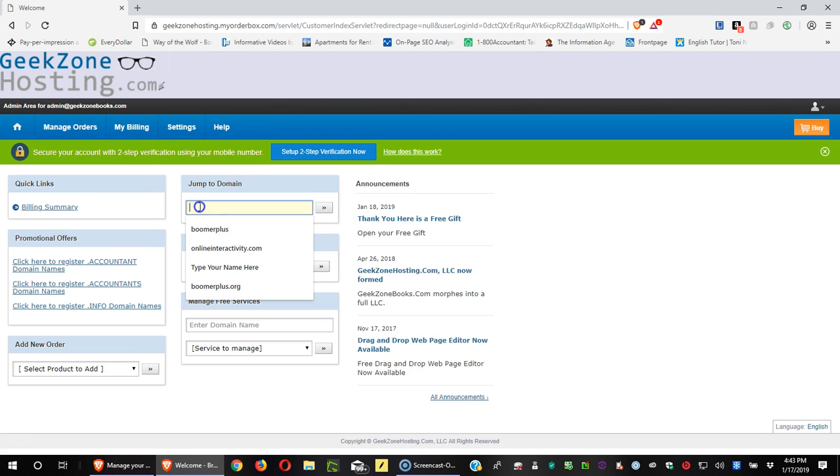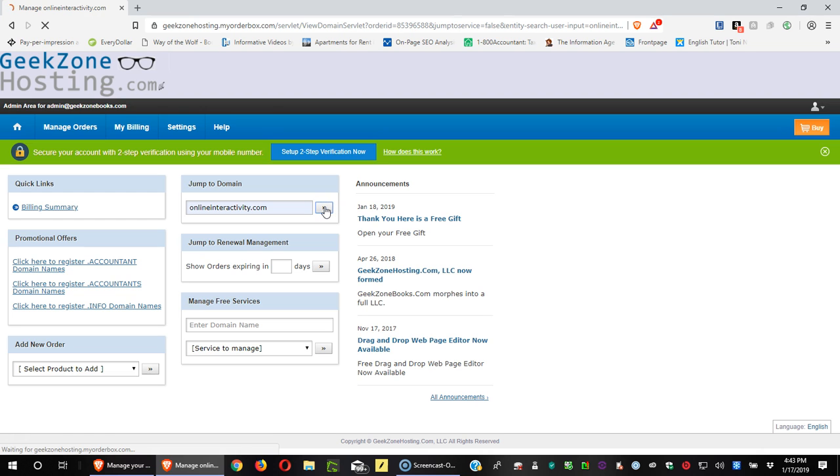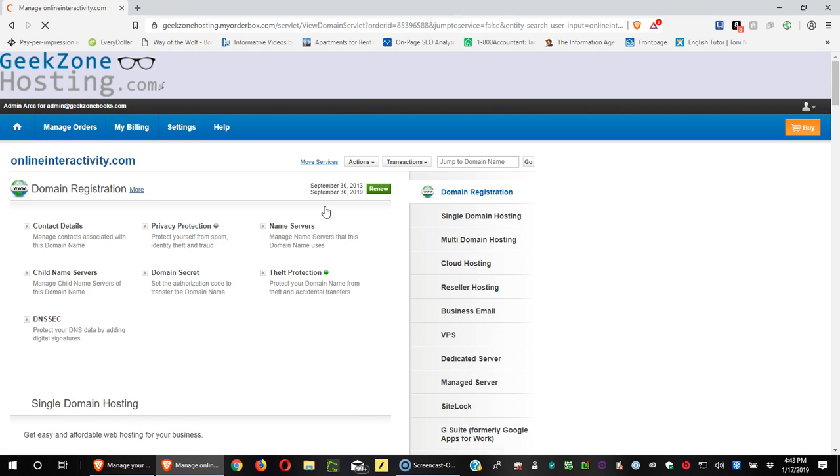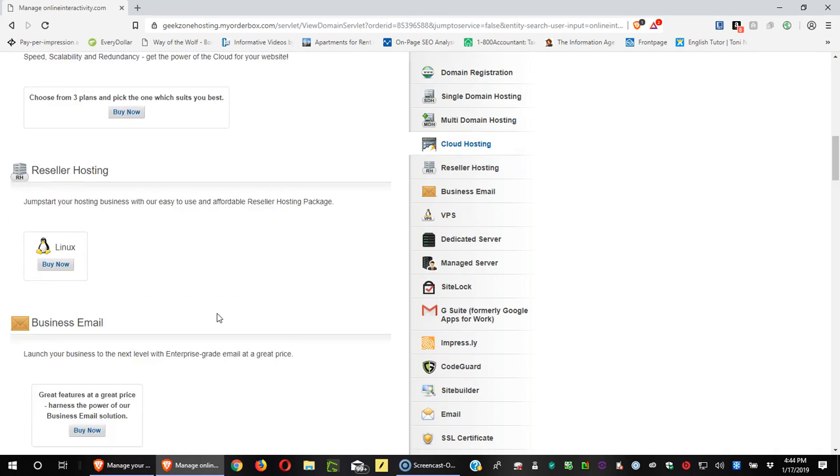And I'm going to jump to the domain name, and we're going to use onlineinteractivity.com, and then we're going to click here. This is important. You want to type in the domain name that you're working with, that you've got registered here, and click that. That's going to take you to the control panel for your domain name, and this is where you can access all of the administrative functions of every service that you're purchasing from GeekZone Hosting. Scroll down